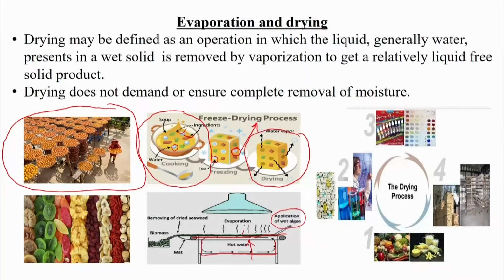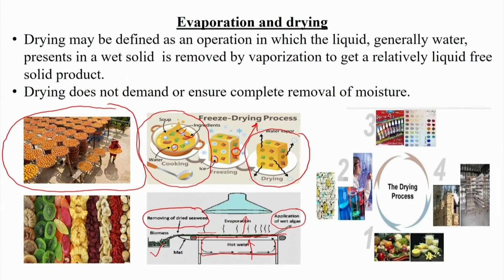So, the water will be converted into water vapor here, and whenever it leaves the conveyor belt, it comes out as the dried biomass of the spirulina, and we obtain this as the dried product, which is used for many applications, like as a food supplement. So, many algae are dried in this way also.